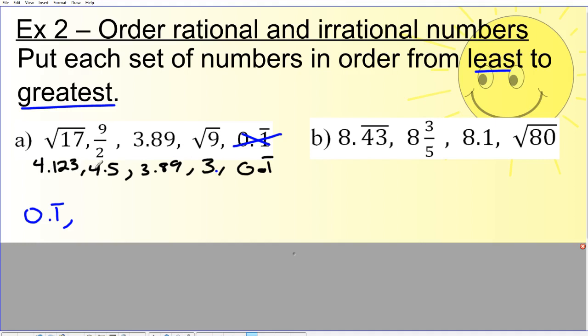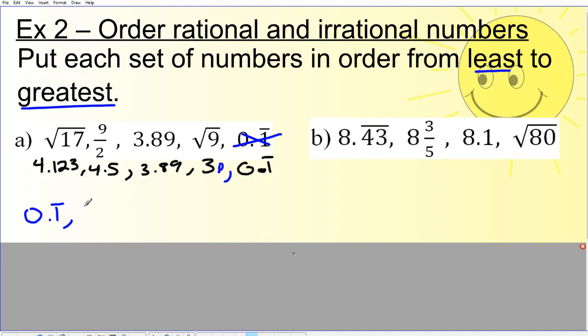Now, out of the next 4, these two start with 4s. These two start with 3 points. Their whole numbers are 3. So I got to decide which of these two is smaller. Is it 3.8 or 3.1? I'm sorry, that's not a 1, that's a comma. Let's make him prettier to see. That's a comma. This is actually 3.0. That was from the number square root of 9. So 3.8 or 3.0? Well,